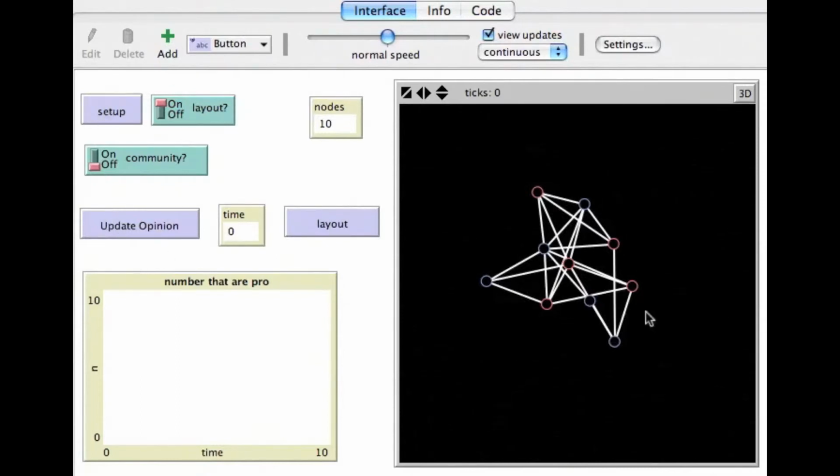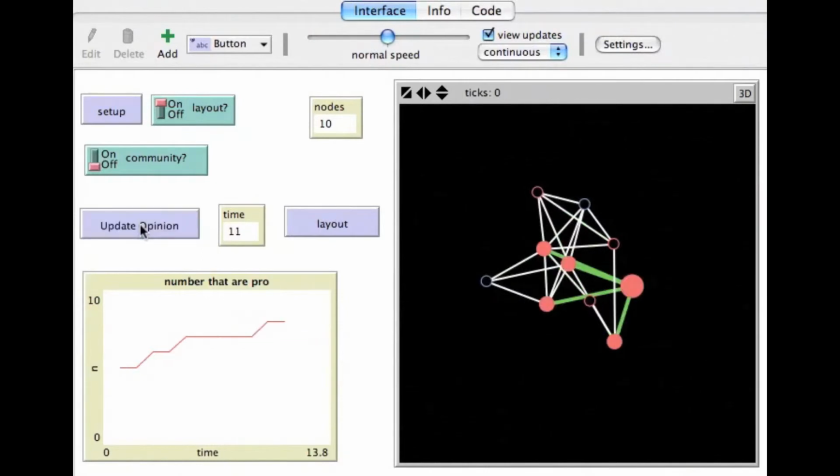Here we have our random network, and we're going to update the opinion by clicking this Update Opinion button. You'll see the nodes starting to change their opinion.